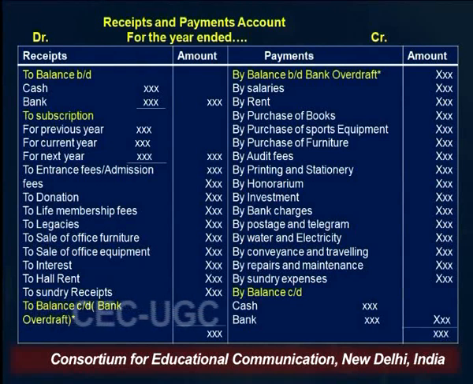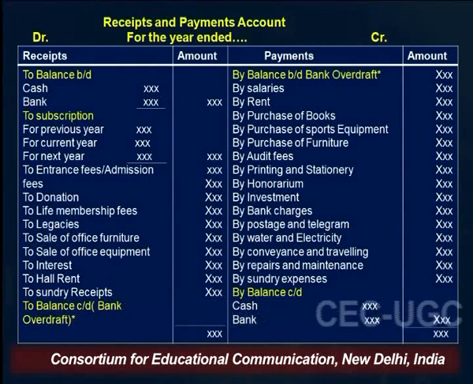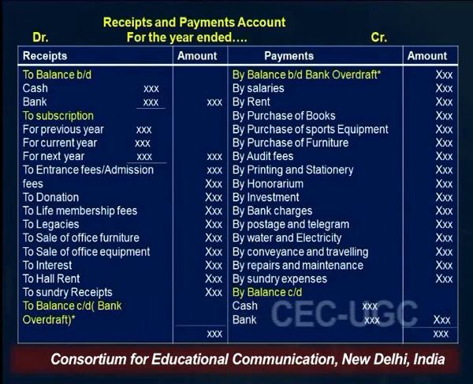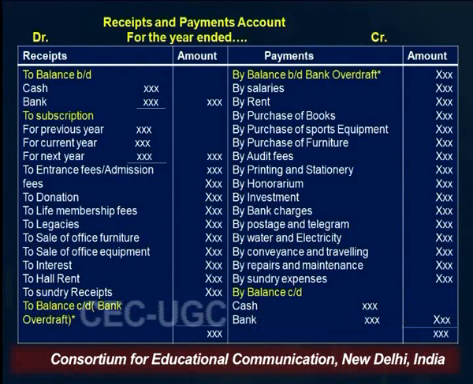So simply, what we have to do is, the receipt and payment account is given and we have to prepare the income and expenditure account along with the balance sheet. Out of this receipt and payment account, all revenue nature items are to be shown in the income and expenditure account. All capital nature items are to be shown in the balance sheet. In the income and expenditure account, we will show only revenue nature items and only those items which are of the current year. So let's understand this entire process step by step.